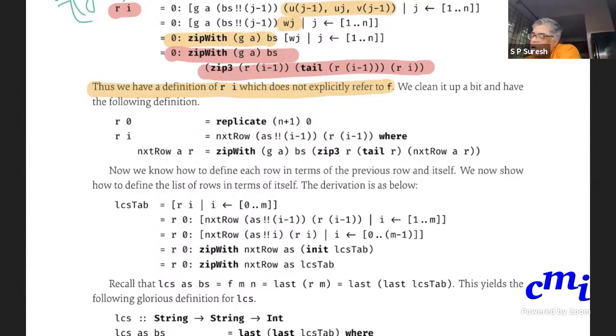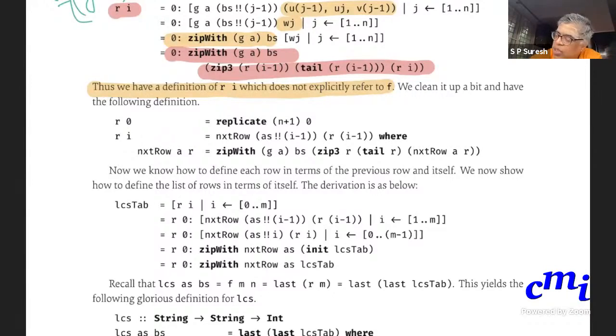Now, we'll abstract it a little further. Instead of writing this whole gargantuan thing all the time, we will abstract from it. All we are doing is, given Ri minus 1, I can get Ri. So given any R and given any A, in fact this A should be A's at I minus 1, given any character A and any R, I can form a next row.